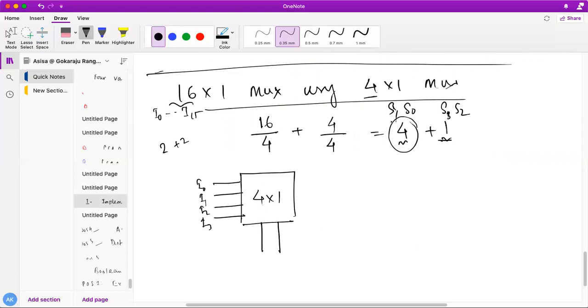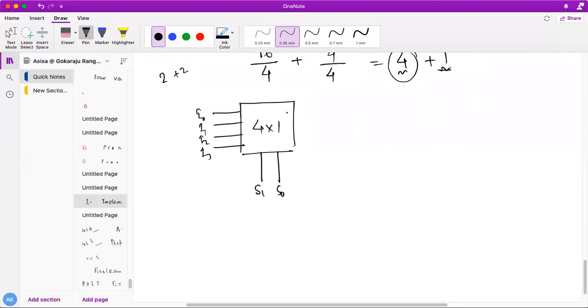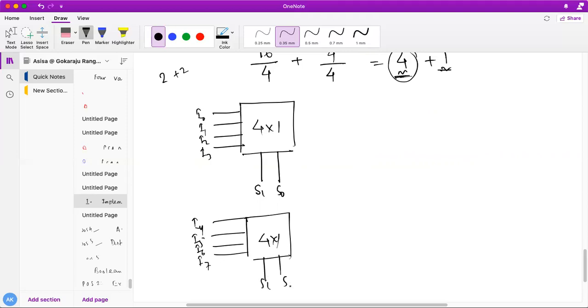I have told here starting from MSBs, this is actually LSB. So obviously this is S1, S0. Similarly, how many 4 cross 1 muxes in the first stage? In the first stage there are 4 number of 4 cross 1 mux. So you just have to connect 4 of them here. Okay, here I4, I5, I6, I7. Next here also you have to connect S1, S0.